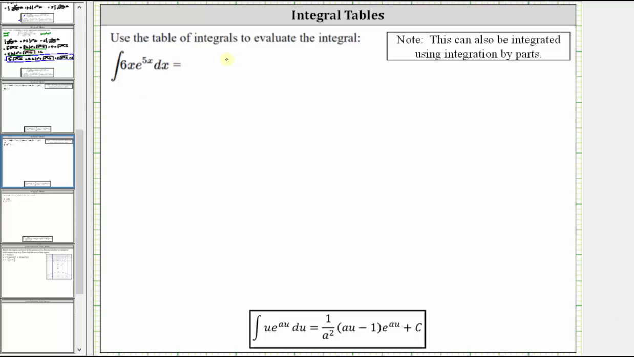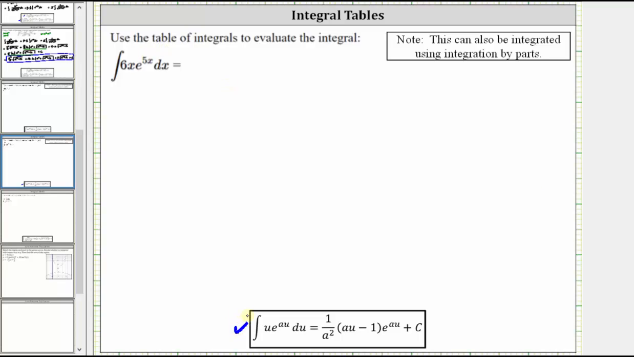We're asked to use the table of integrals to evaluate the indefinite integral. It is important to notice here, though, we could integrate by using integration by parts, but we are told to use the table of integrals. So looking through the table of integrals, we should be able to recognize the given integral resembles the integration formula